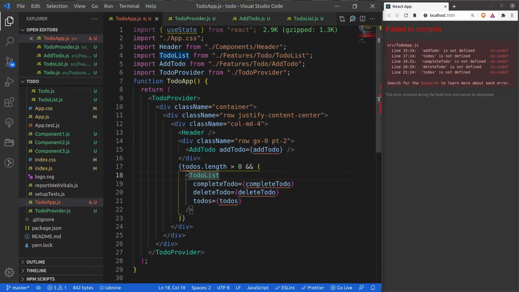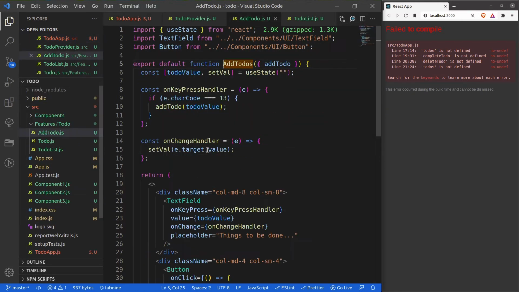All right. So now let's move to AddToDo. So right now you can see that I am manually passing the addToDo method. But what I don't want here is to pass it via a prop now. I can remove it. Okay, now let's open this AddToDo component. So here you can see that it is calling addToDo, but this addToDo is not available now.